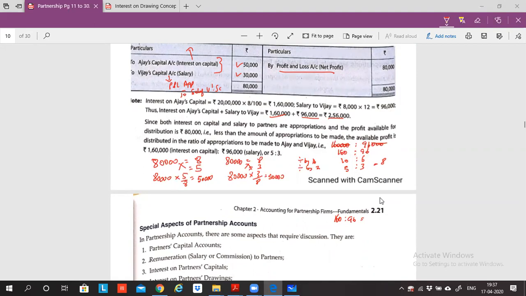256. Yes, sir. So the formula can be, if you don't want to divide this further, this 80,000 is equal to 256, then how much will it be equal to 160? And for the next partner, if this 80,000 is equal to 256, how much will it be for 96? These are the only 2 options. Either you divide here, or if you don't want to spend your head dividing here, you use this method, but you have to go through this division. Whichever method is easy, you can follow that. If the first one is easy, then go with the first method.